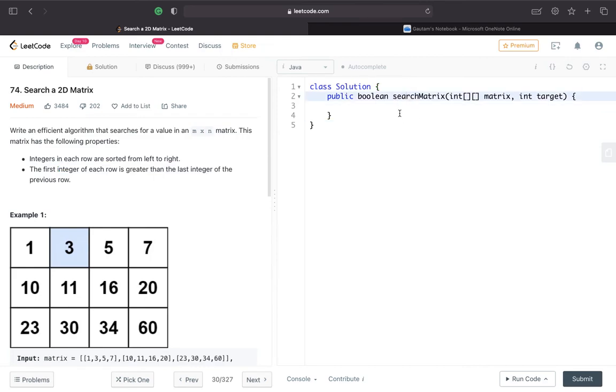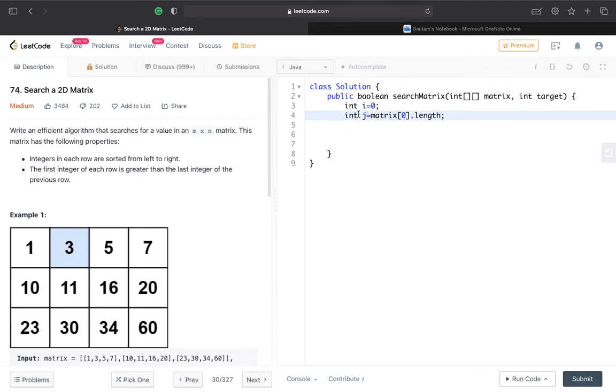So now what we'll do is we'll make two variables, int i, which will start from 0, and int j, which will be equal to the number of columns in the matrix. And in our 2D matrix, in order to get the number of columns, we use matrix[0].length, right?